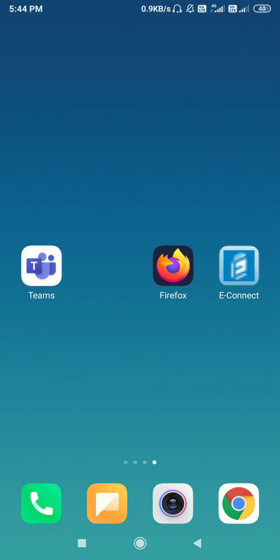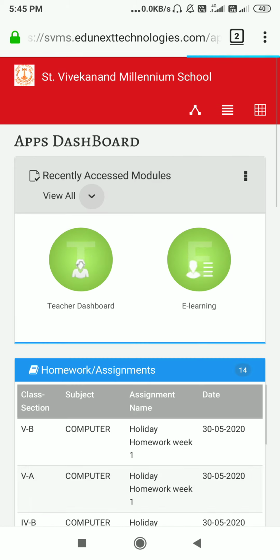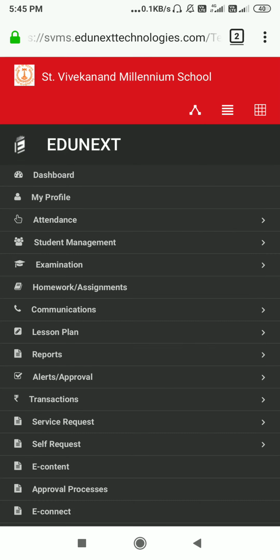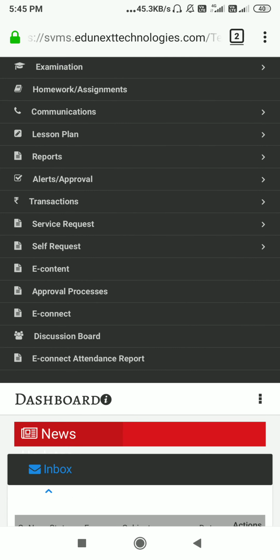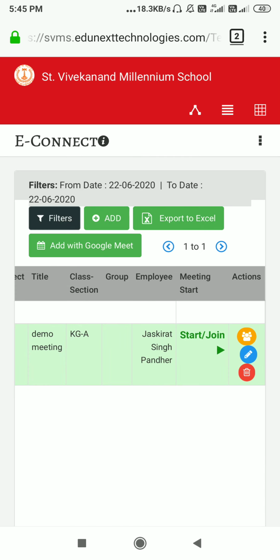So teachers, that is all for how to schedule meetings and how to set your meeting options in Microsoft Teams. And similarly, teachers, you can guide your students on how they can use this ERP module, as I have just shown you. Just click on the navigation pane here, click on the teacher dashboard, and then the navigation pane and all these settings here. Similarly, students have this eConnect, and they can directly click on this eConnect and start their meeting from there.